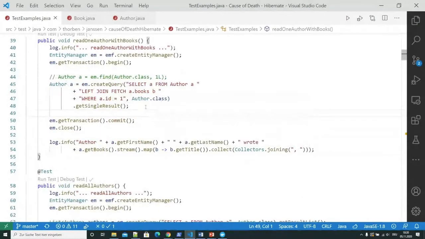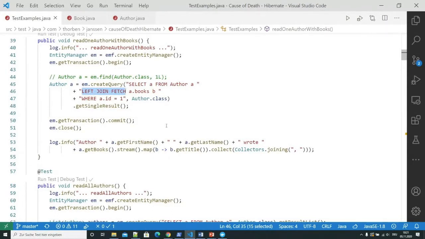What we should do here is we keep the fetch type of the association lazy and tell Hibernate, well, if I don't use the association, then please don't get it from the database. But for this specific scenario where we know that we will use the association to the books, we use a left join fetch clause, or you could also use an entity graph.